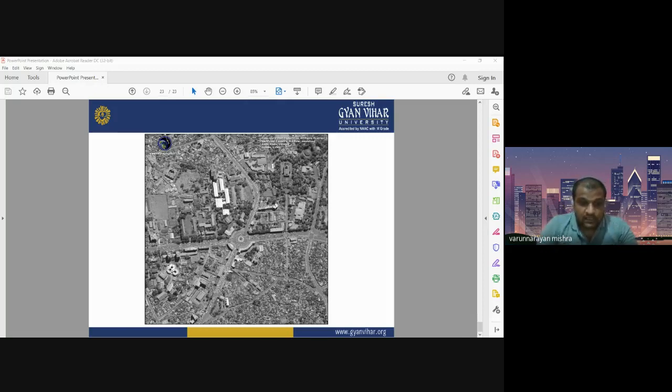That's why these satellites, Ikonos, QuickBird, WorldView, are widely used in urban planning and urban mapping for detailed mapping of the urban structure, the buildings, the road network, the utility services, amenities, and other things. Okay, so both the satellites, either it is Landsat or Ikonos or any other high resolution satellite images, both